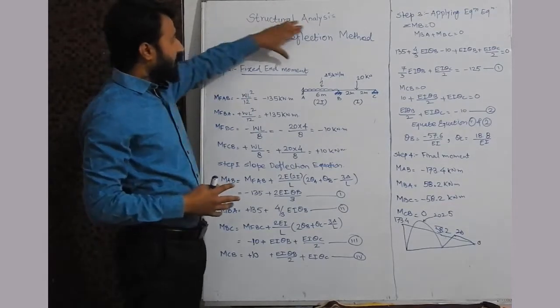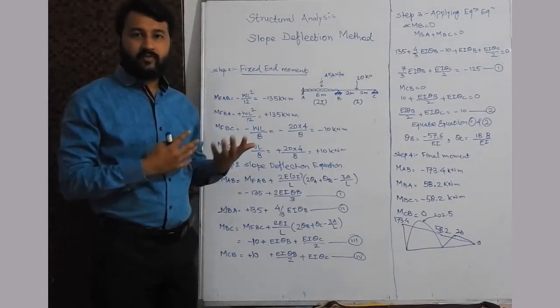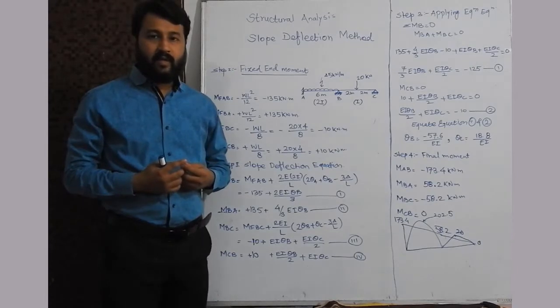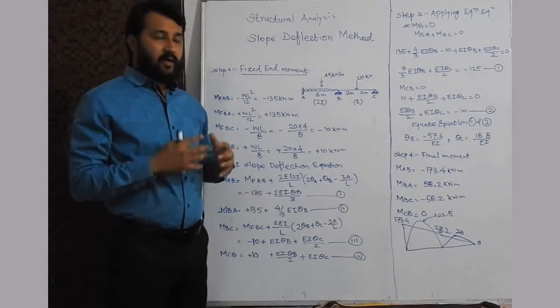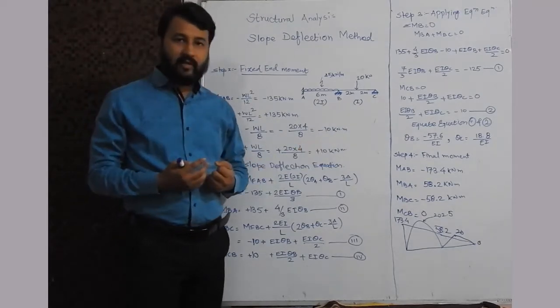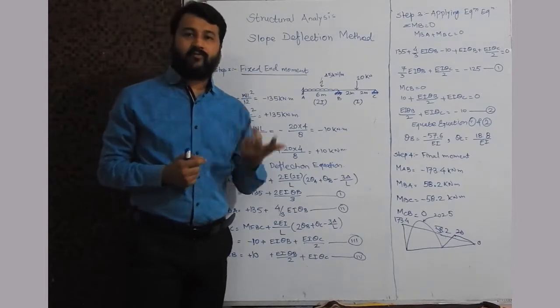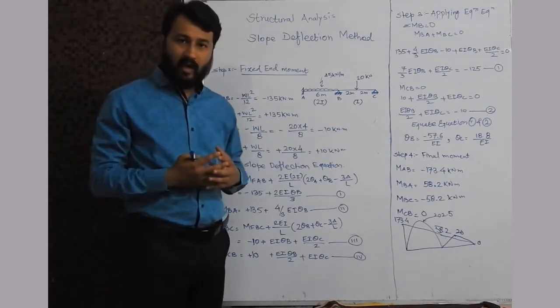We are looking into the slope deflection method. In the earlier class we took one numerical of a continuous beam having two fixed supports and one hinge support, and we saw only one equilibrium equation. Now in this lecture we will take the numerical of a continuous beam having two hinge supports and one fixed one. And we will see what changes accordingly.